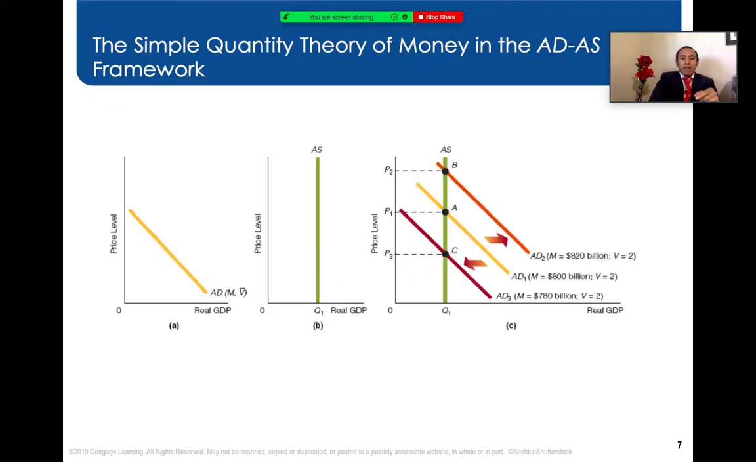Now, if we look at model number one, which is model A, model B, and model C, we have different events taking place. The framework indicates here the price level on the vertical axis, real GDP on the horizontal axis. We have the yellow curve that indicates aggregate demand. Aggregate demand here is equivalent to consumption plus investment plus government spending and net exports. It's dependent on the money supply, which is labeled as M, and the velocity of money, how quickly money travels through the